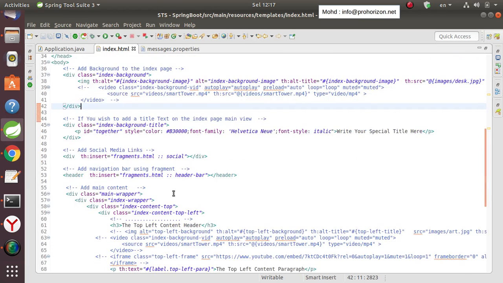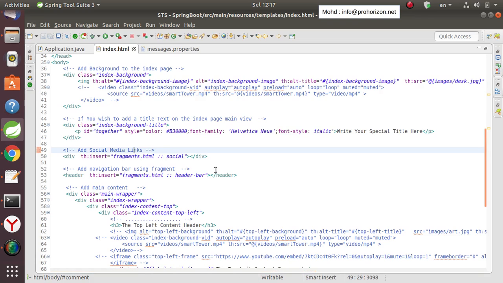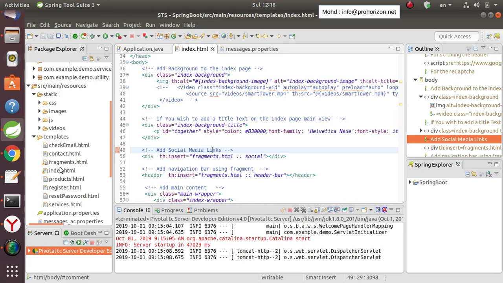Now let's come to one important thing with Thymeleaf. Thymeleaf uses fragments. These fragments can be used in multiple pages. Supposing that you have one thing, for instance the header or the footer. Now you know the header and the footer, we will use it in all the pages, so we don't have to hard code the header or the footer in every page. What we need to do is create an HTML file by the name of fragments,